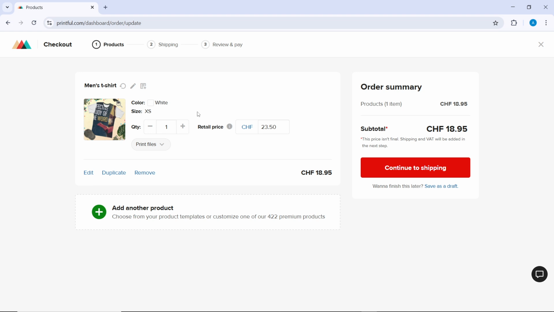So you can pick up to 3 items, including any variant, size, or color that you want to test. If you're ordering 3 items, they must be the same product, otherwise checkout may fail. So once you're done, go ahead and click on continue to shipping,